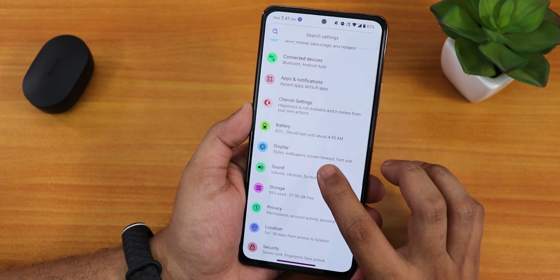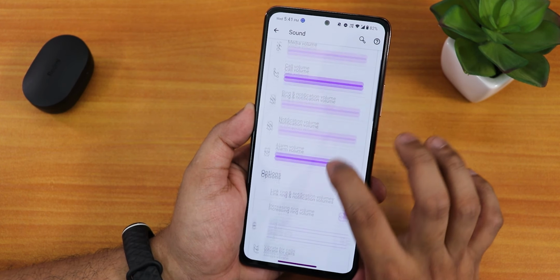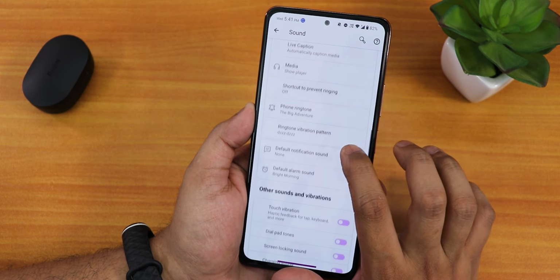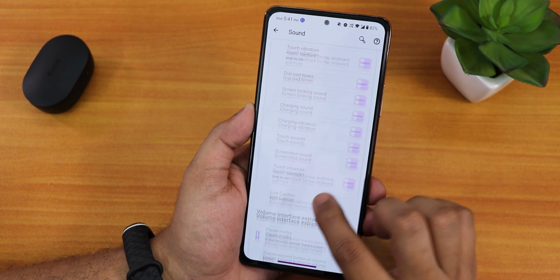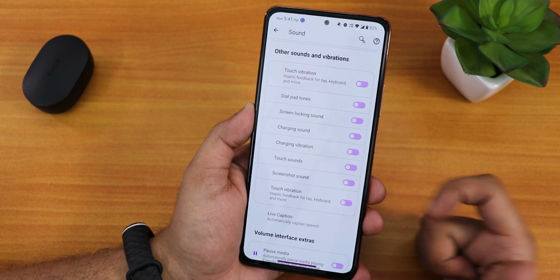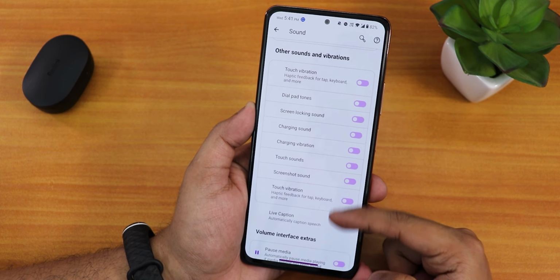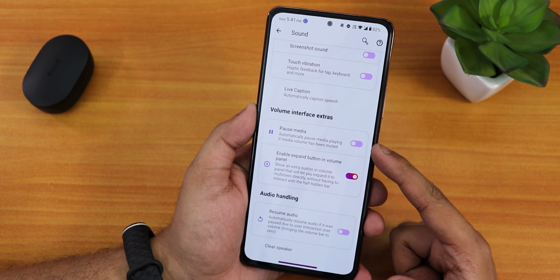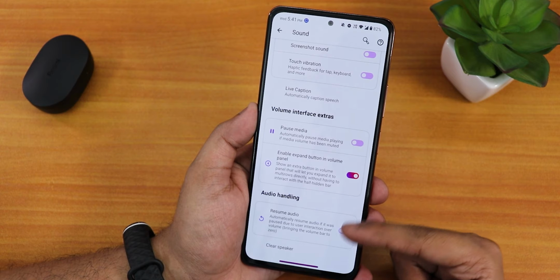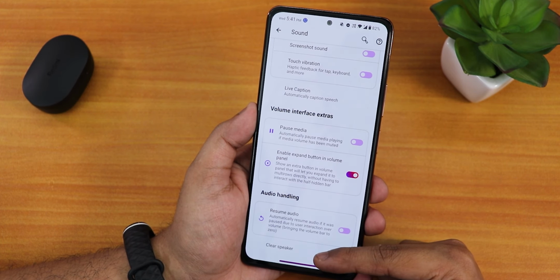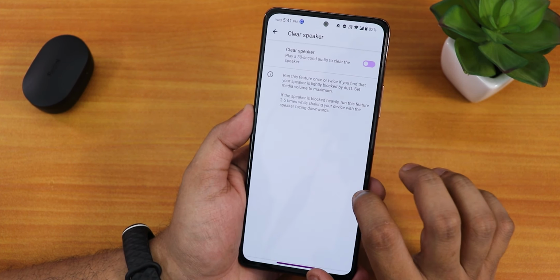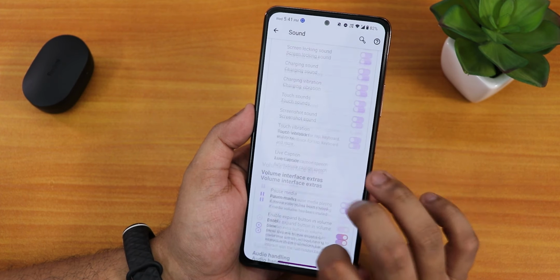Let me go back. We have the sound settings here. We have the media, call, etc. volume kind of customization. Then we have phone ringtone, of course, and we have the touch vibration, dial pad tone, screen locking sound, charging vibration, etc. Then if you scroll down, we have this pause media, enable expand button in volume panel, and the resume audio option is there. And even we have the clear speaker option,